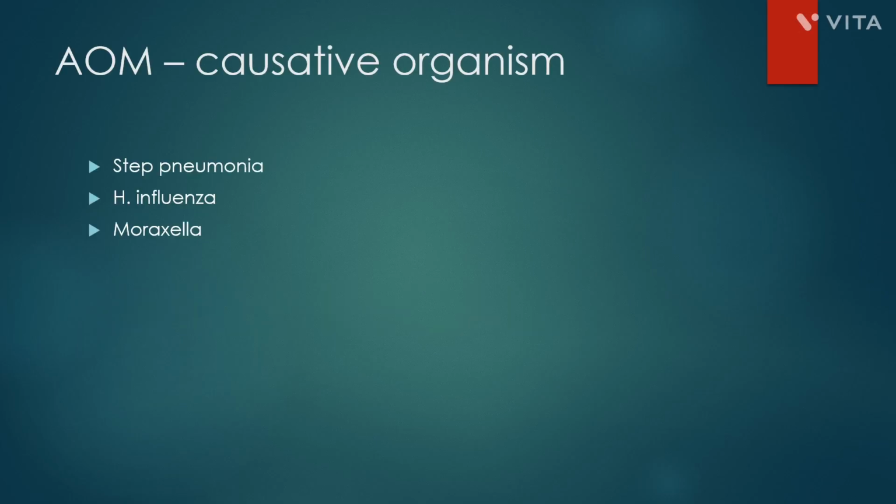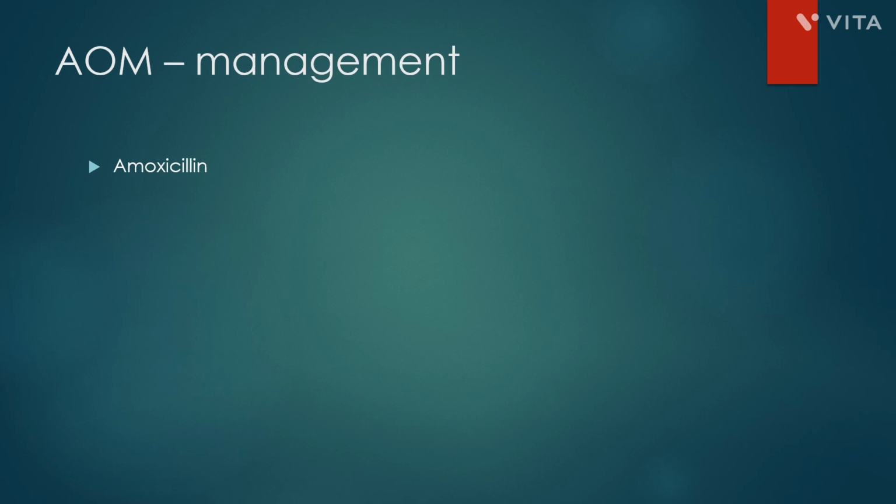So acute otitis media, what is the causative organisms? Usually in children it's Streptococcus pneumonia, H. influenza and Moraxella catarrhalis, and there were a combination of these options. In the option it was Streptococcus pyogenes, so it is actually Streptococcus pneumonia, H. influenza, Moraxella. So H. influenza and Moraxella seemed the right answer.